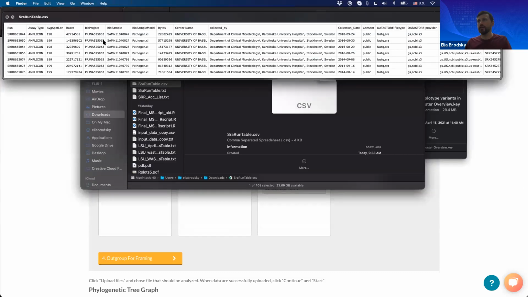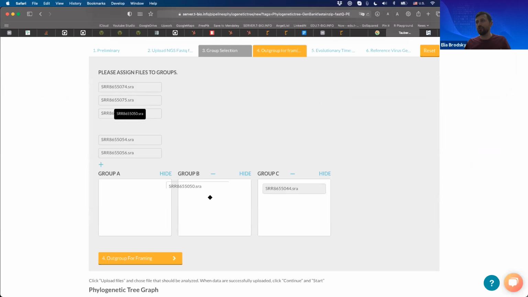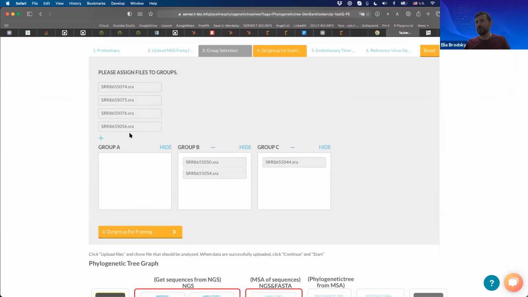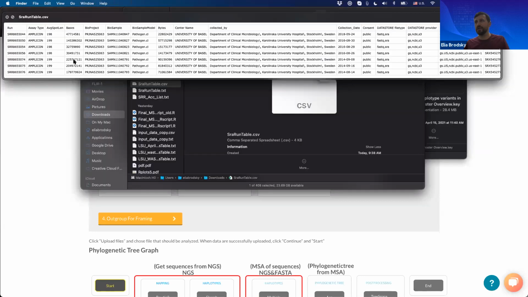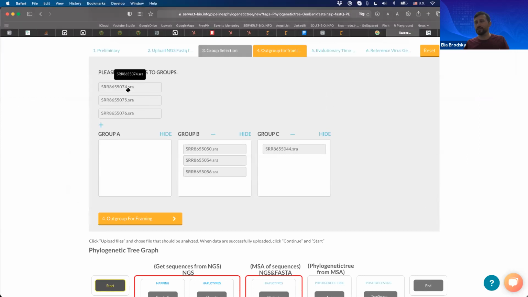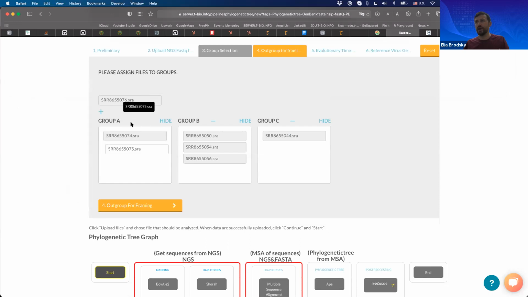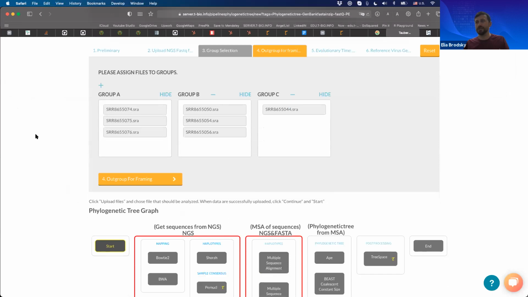Then we have here 2016, which are 50, 54, and 56. So 50, 54, and 56. And here we have the rest of them, which are all 2014, and they are 74, 75, and 76. So 74, 75, and 76. All right, so now we have